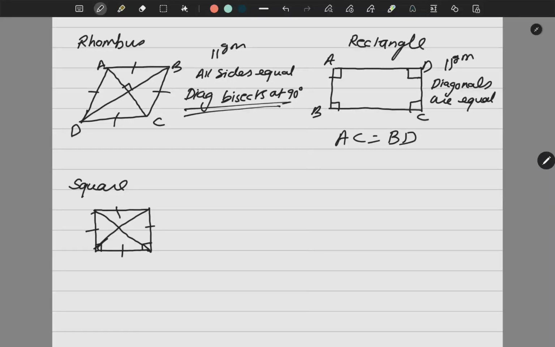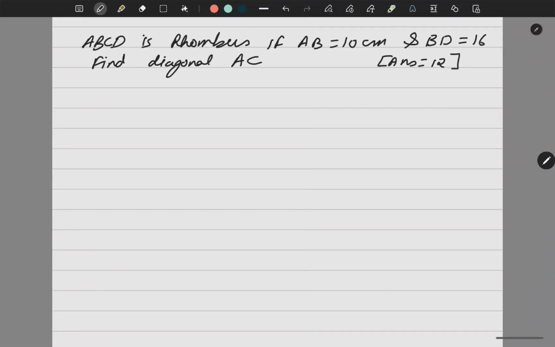So these are the core properties. Basically, a square has the properties of everyone. Correct? So you should remember these properties, because any type of question can be framed on this, right? Any type of question they can frame, and they may ask you, show that a square is a rectangle. Okay, they can ask, show that a square is a rhombus. So that type of objective question they can also frame. Now come to the question.